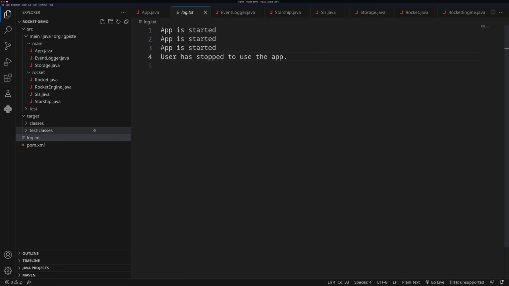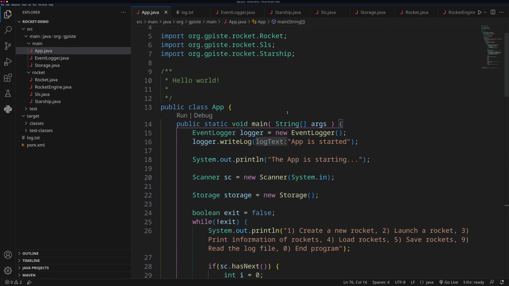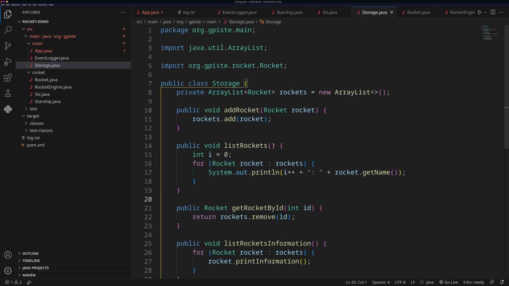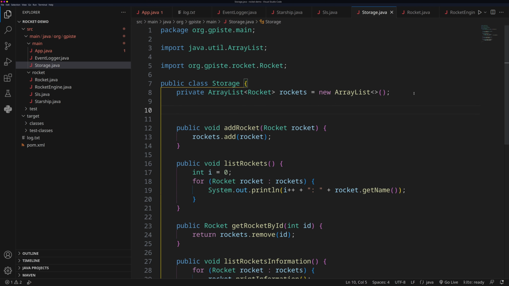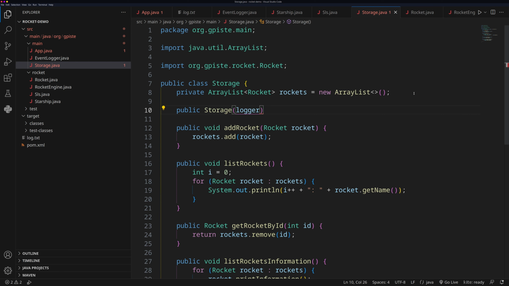And now we can add this event logger to various places. So first we need to add it to our storage. So we have this logger. Let's add it to our storage. So this storage is taking the app, not app, but the event logger. So public storage, it is taking the event logger like this,